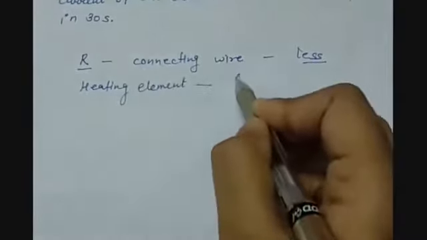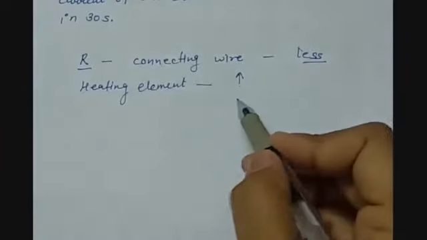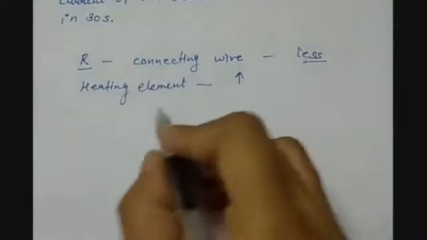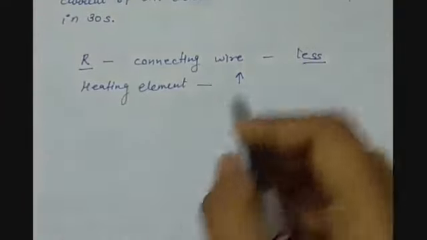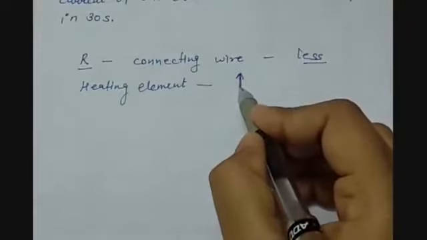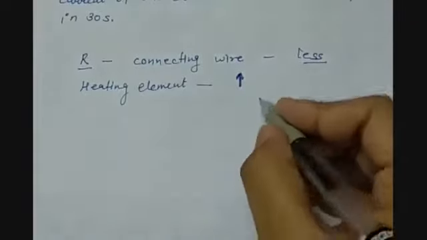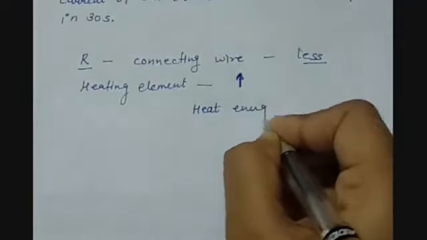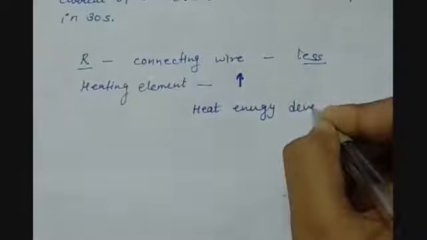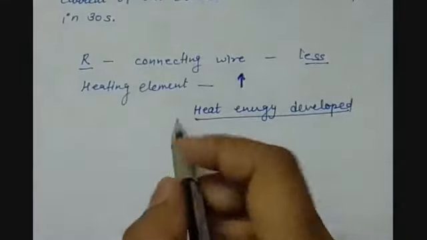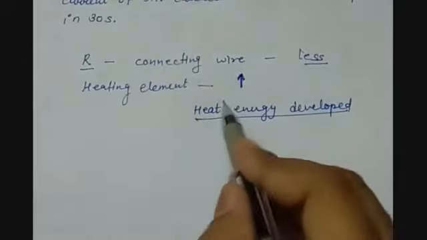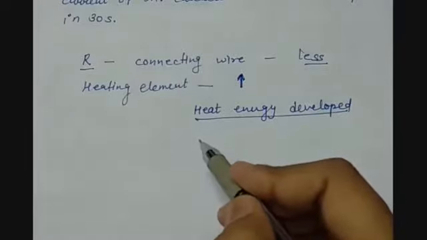is having a very high resistance, because of which the current does not pass through it easily and there is a restriction, or you can say a very high resistance. Because of the high value of resistance, heat energy is developed. Because of the conversion of electrical energy into heat energy, the heater glows and it provides heat and light.